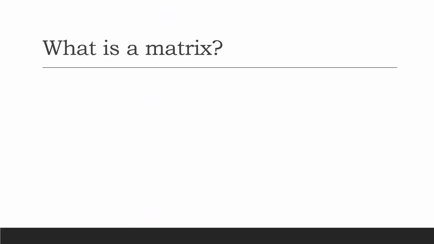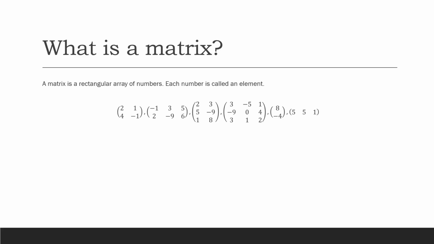Anyway, what's a matrix? Well, it's a relatively simple idea. It's just an array of numbers, a rectangular array of numbers. Each number, as you see, is called an element. So those are some examples of matrices. And we give each matrix a name, usually a capital letter, and it's got dimensions, which is the number of rows by the